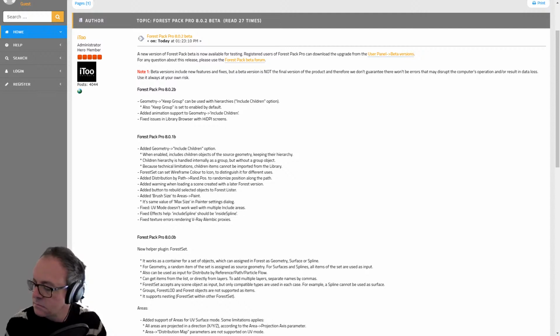Again, grab it from our website, test it, send feedback, and expect the stable version in 4 or 5 weeks. So, Paul, we have an hour ahead. Let's go. Great. We're not actually going to talk about the features of Forest Pack 8 now, but you can see a list if you head over to the forum of some of the things you can look forward to.